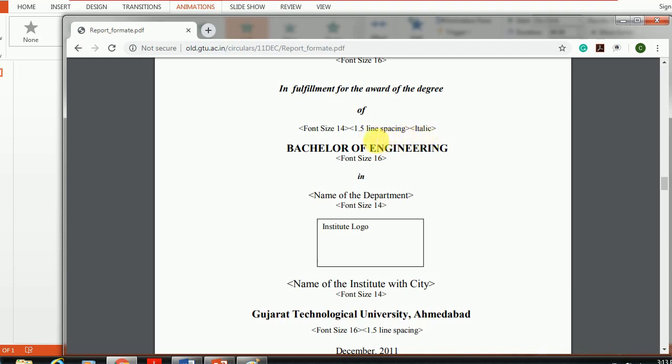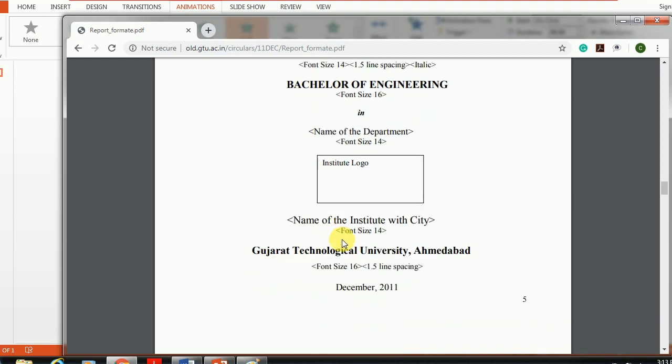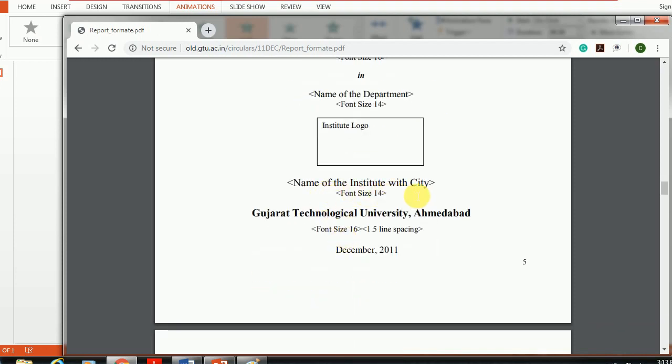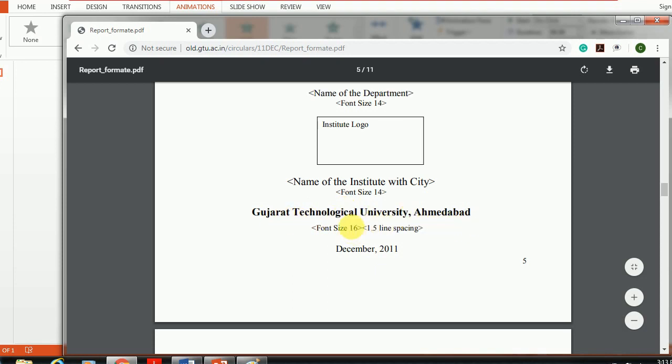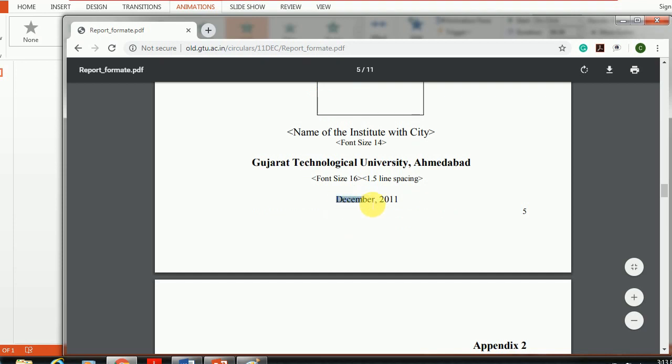Then Bachelor of Engineering, font size is again 16. Then the name of the department, font size, then your institute logo, your institute name, and your address of the institute, Gujarat Technological University, in which month you are submitting your report, and in which year.